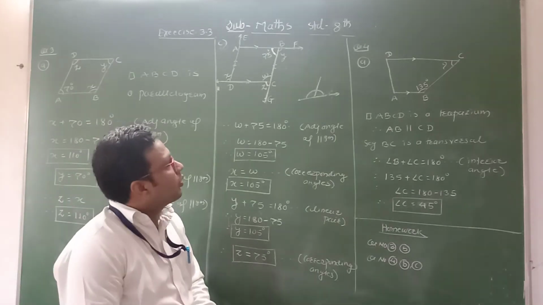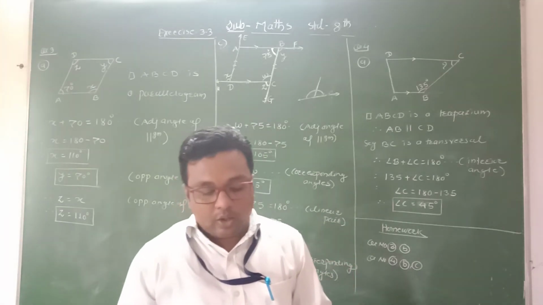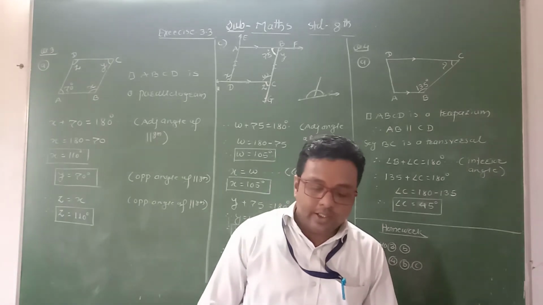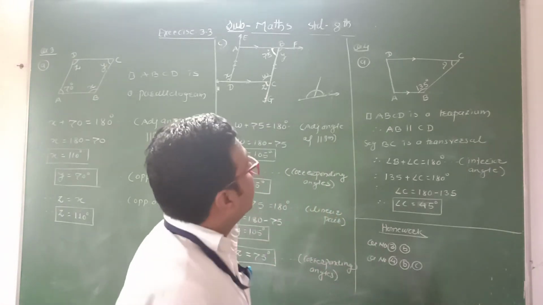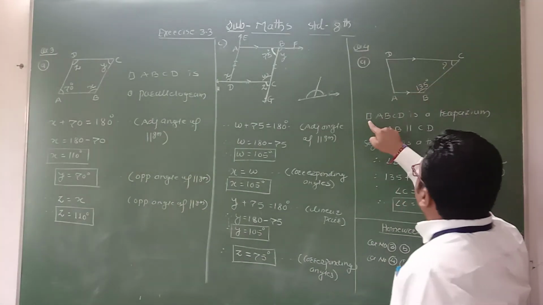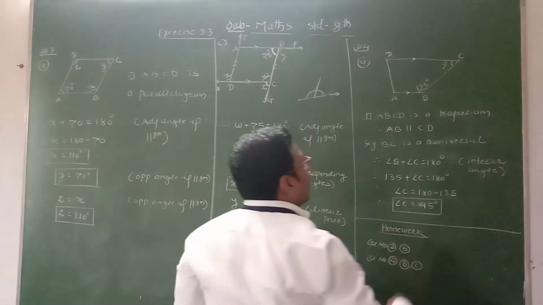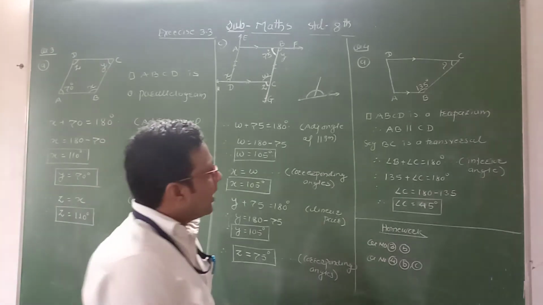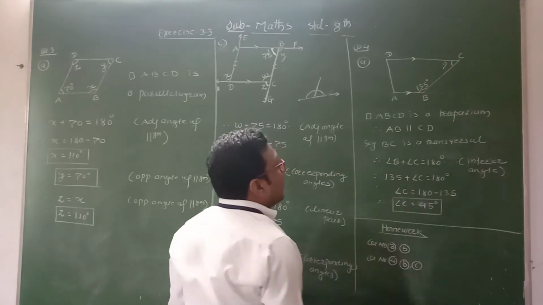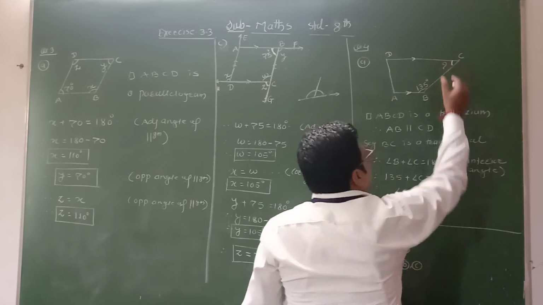Okay, now see question number 4. In the given figure, quadrilateral ABCD is a trapezium. Find the indicated angles. Now here I take an example. Quadrilateral ABCD is given. Here I write quadrilateral ABCD is a trapezium in which one pair of opposite sides is parallel. Which pair is given? AB is parallel to CD. Then there is a question mark at angle C. You have to find the value of this angle.